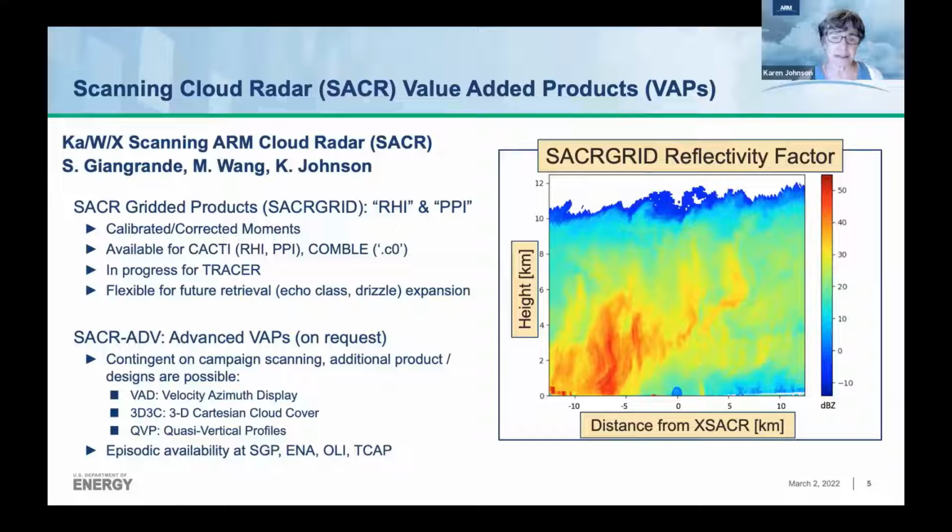And these products are implemented such that they can be extended for future expansion, for example echo classification, drizzle, that kind of thing. But right now it's just a basic product that puts the moments on a Cartesian grid. We also have some episodic products with the acronym SACR ADV, or advanced products. These have been developed for episodic periods in the past and are available on request if future campaigns provide the appropriate scanning mechanisms to produce them. But they include velocity azimuth displays,